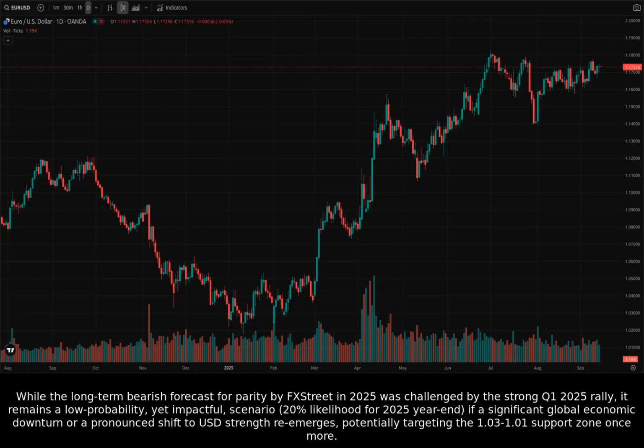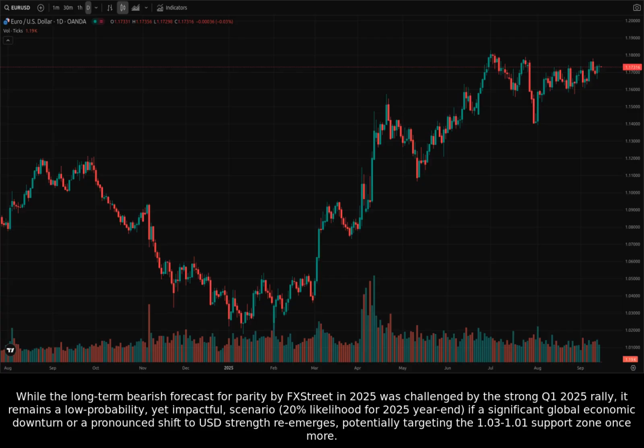While the long-term bearish forecast for parity by FX Street in 2025 was challenged by the strong Q1 2025 rally, it remains a low probability, yet impactful scenario. 20% likelihood for 2025 year-end, if a significant global economic downturn or a pronounced shift to USD strength reemerges, potentially targeting the 1.03 to 1.01